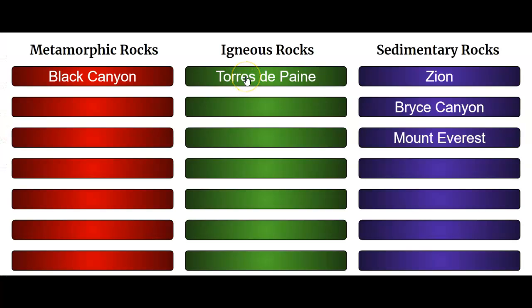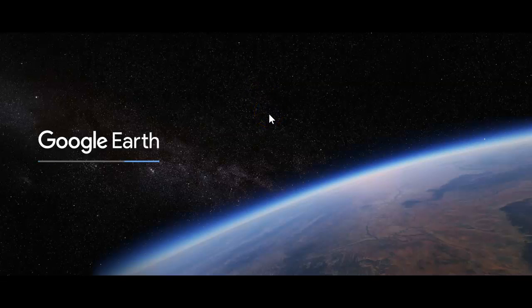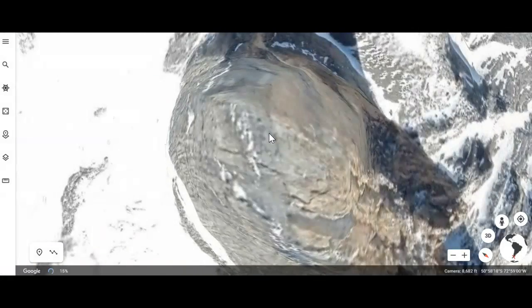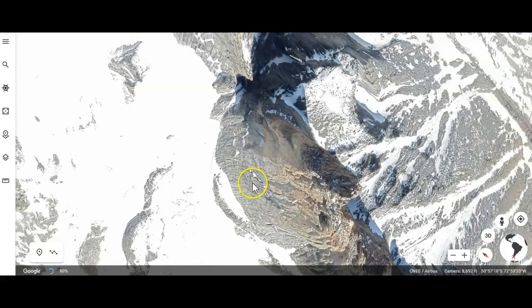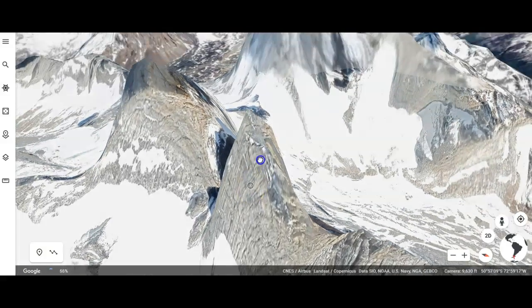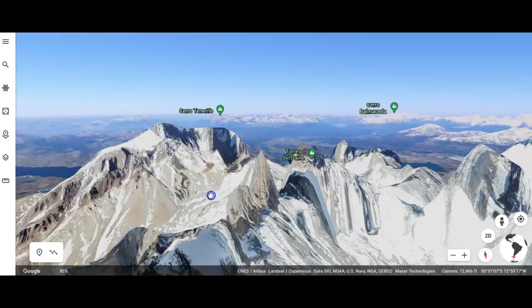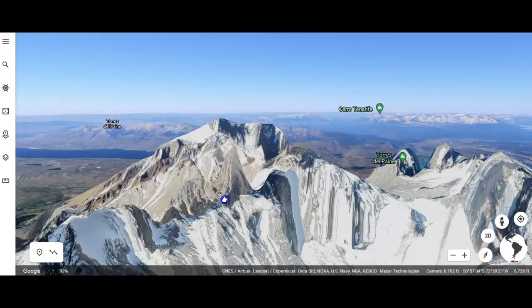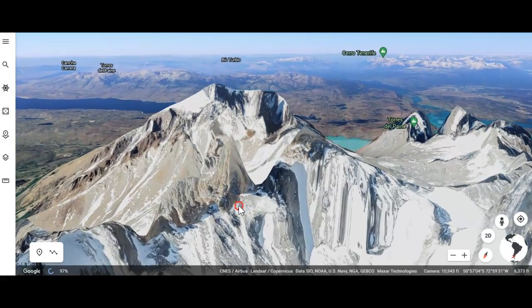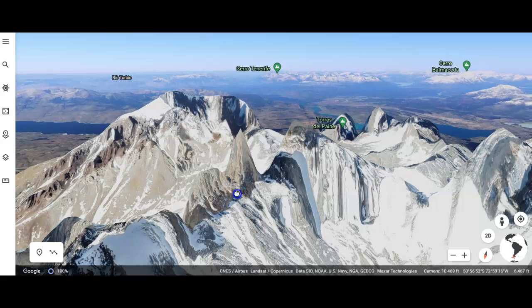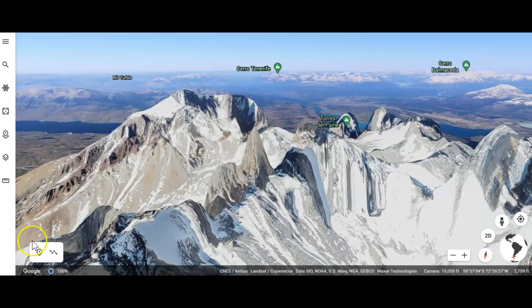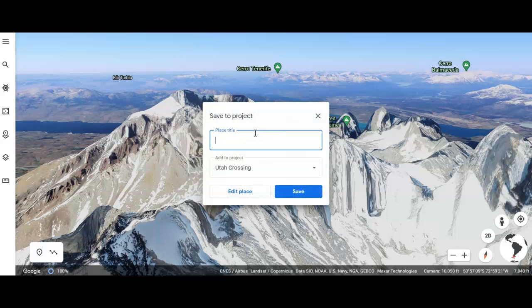I'm just going to click Torres del Paine because I want to get an igneous rock in here. So we'll click this and let this think for a second. And it's going to find the Torres del Paine place in South America. And this puts me right at the tippy top of that one. So I'm just going to kind of back out and make myself a nice little view. I want to make sure that I get the rocks in the view because this is the reason why we're doing this. Even though these are really pretty places, I want to make sure that I get these rocks. So these are igneous rocks, and so let me just add this little icon here, and then we'll title this